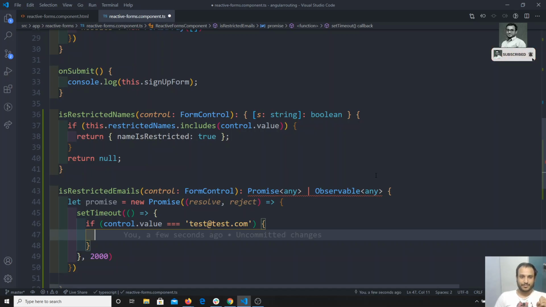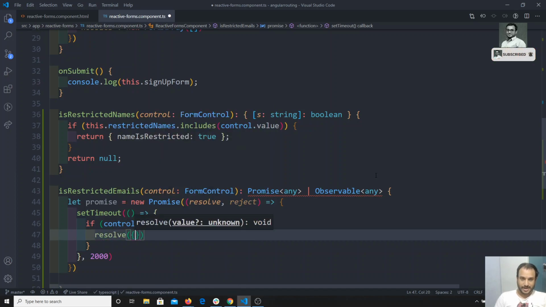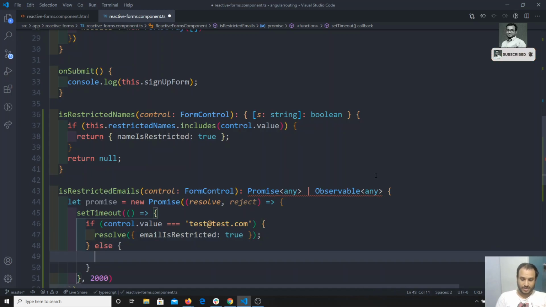Just for dummy purposes I am doing this. So I can resolve with an object, with any key, like email is restricted, whatever you want, just like the synchronous validator. And if it is not there, we need to resolve null. If we pass an object, the validation has not passed, so we need to show the validation error. If you pass null, the validation has passed, so you can continue with the next validation.